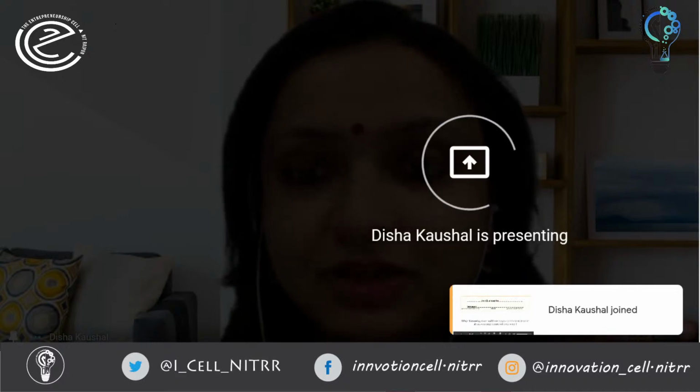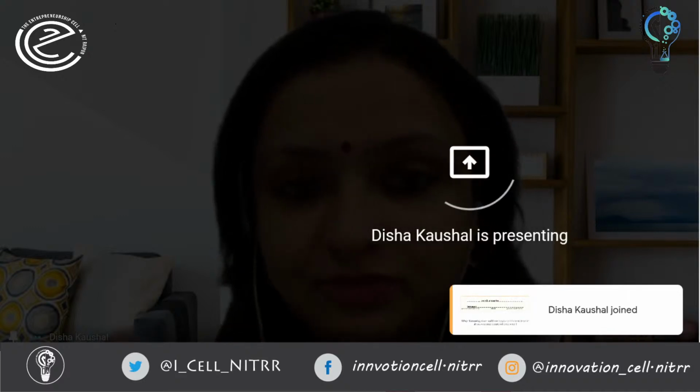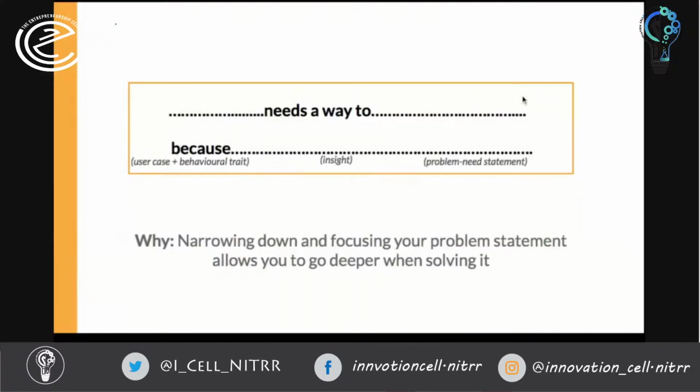So we had spoken about this template, so to say, that the first blank calls for a user needs a way to. Here you put an actionable verb or the kind of qualities that you want from your desired solution. Because here will come your surprise insight. This is what we had spoken about yesterday.